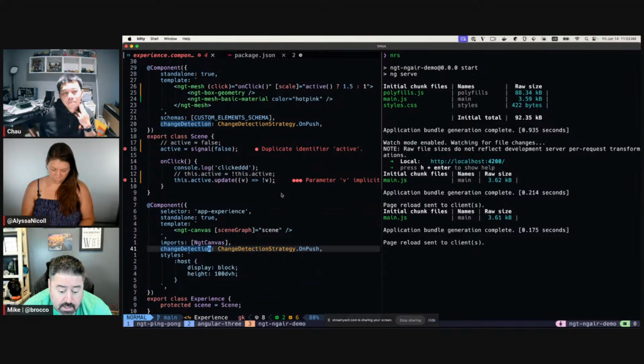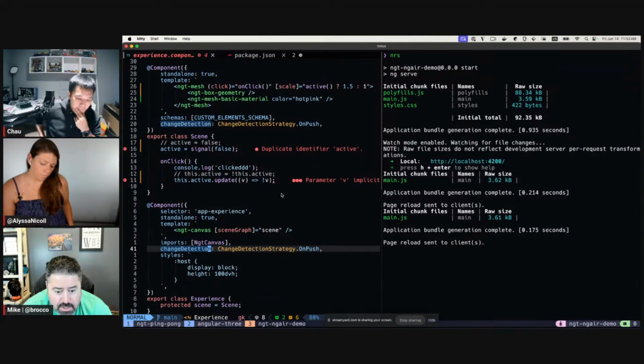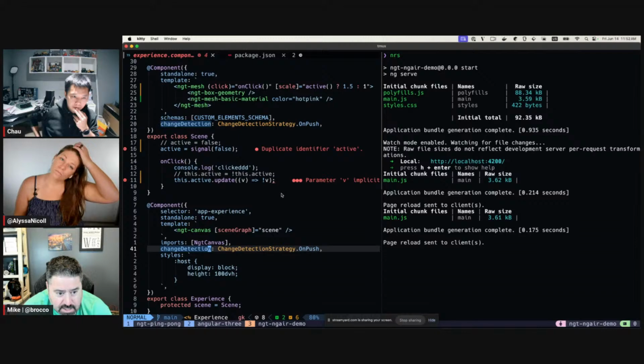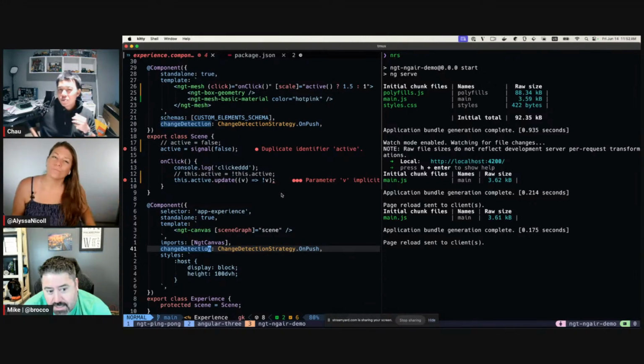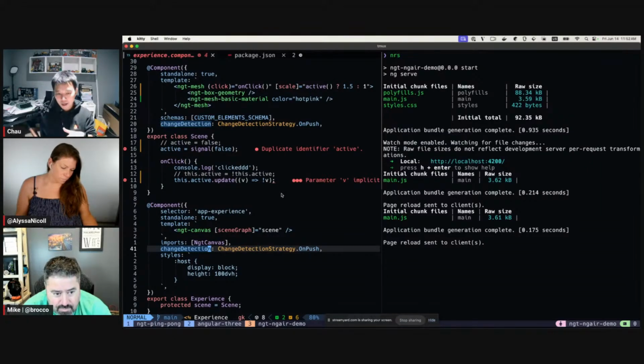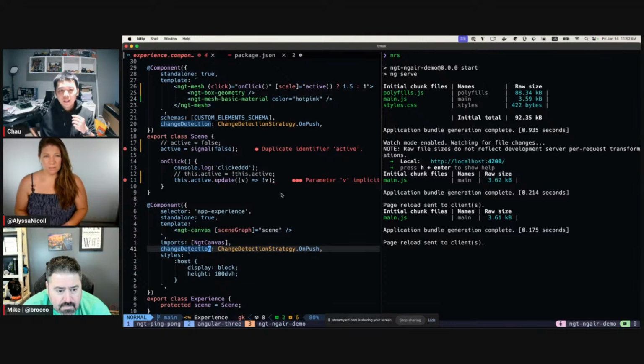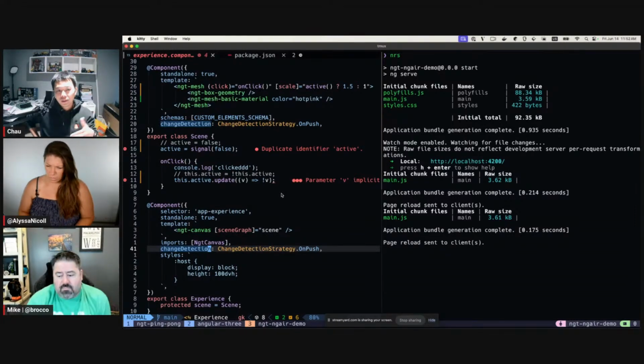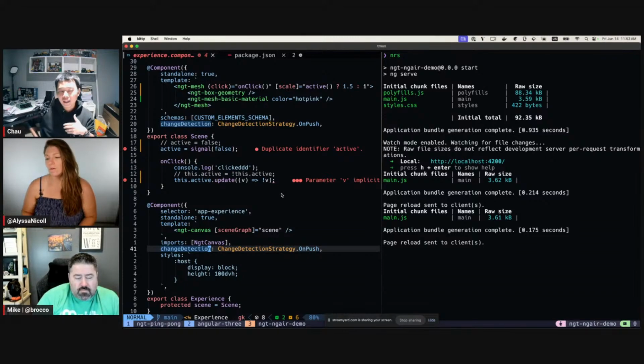Because I haven't played with Zoneless at this point, how much do you need to sprinkle OnPush throughout your application in a Zoneless application? Not much right now. Just set OnPush on, let's say in a normal application, your route components. Just put OnPush on your top level route. Is that needed because the routed components, the routes are not zoneless? No, because the change detection strategies actually inherit down. So the parent is OnPush and the children are OnPush as well. Okay, so you don't have to sprinkle OnPush everywhere.